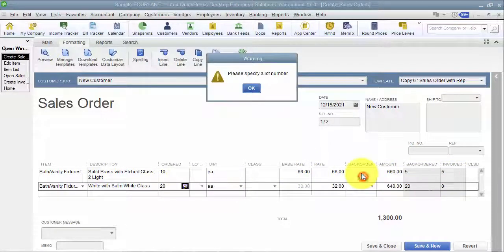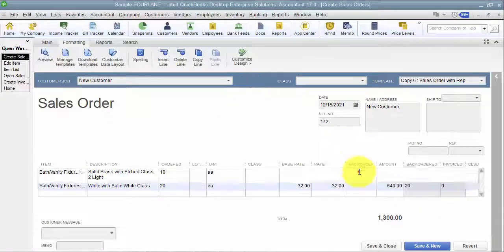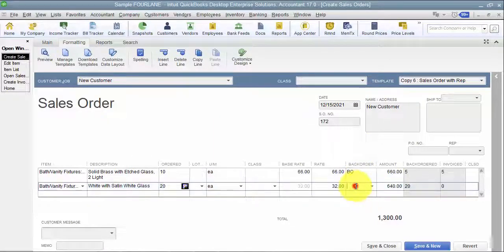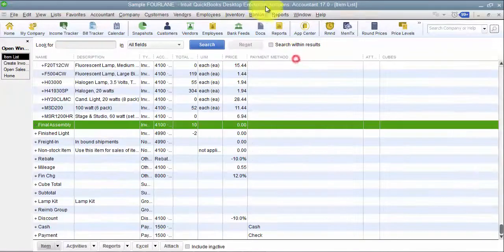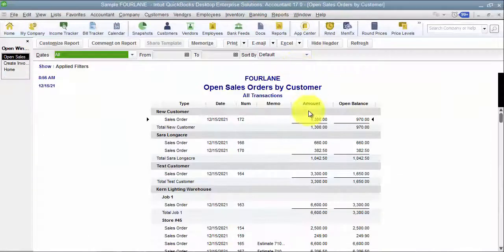And because I have them on back order, when I have them on back order, I'm going to choose BO here. Okay? So, and I'm going to say save and close. So now what I have is, when I go look at my reports for my open sales orders,